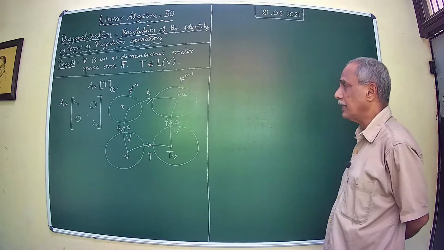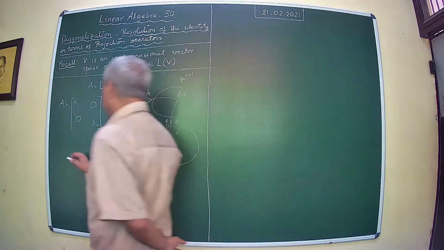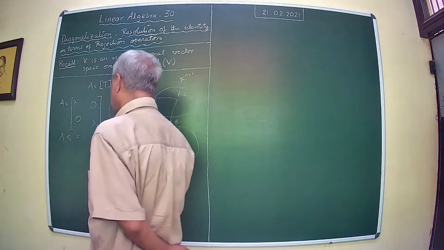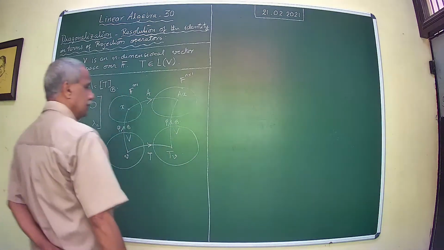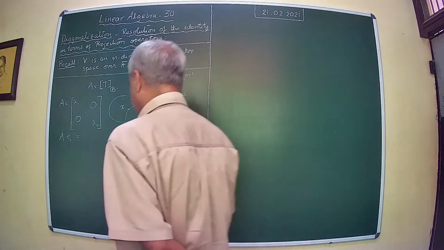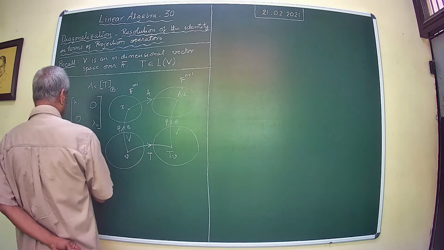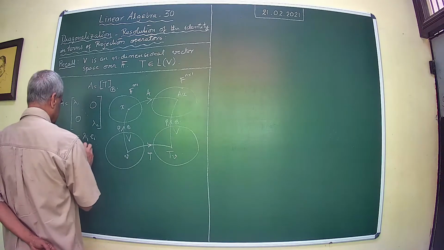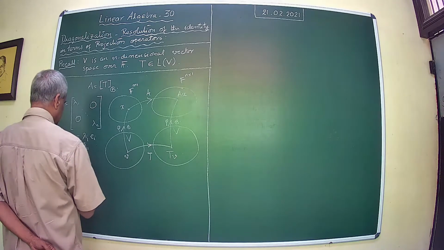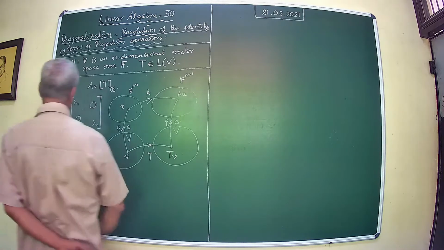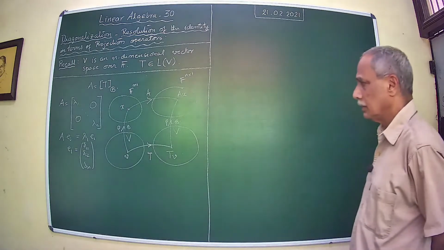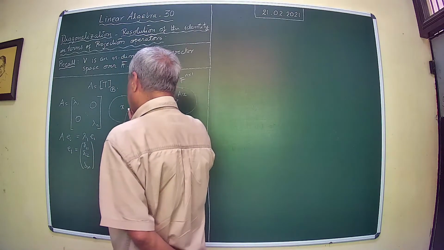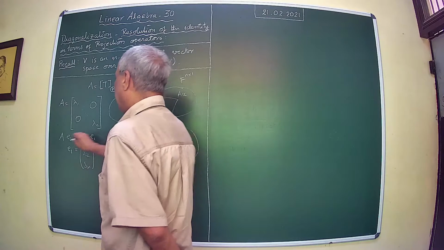what you observe is that A of EI, where EI is the column matrix corresponding to the column matrix delta ij. Now I will just write it down. This is equal to lambda I. So EI is essentially a column matrix. Now one observes that, see, if EI is an eigenvector of A,